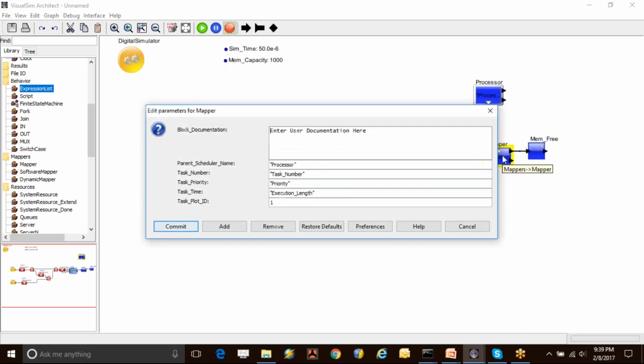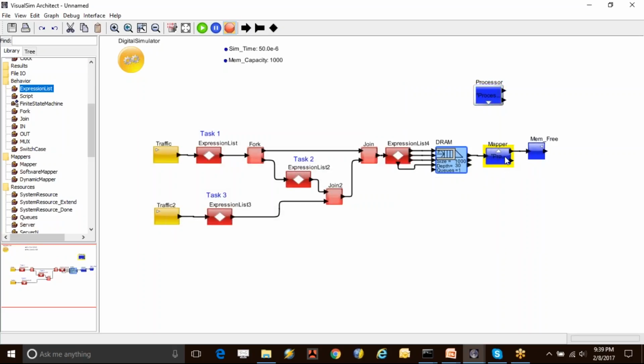As soon as a task enters this mapper block, it will send control over to the processor over here, and based on the rate at which you're running and the execution time that you have provided, it is going to run for that particular time period. And then once the processing is over, it will free the memory. So this completes the